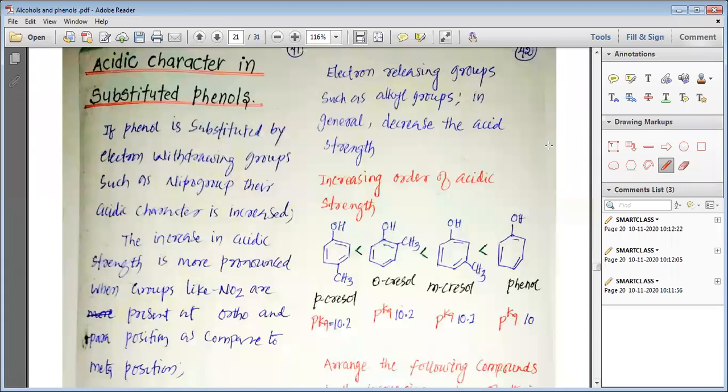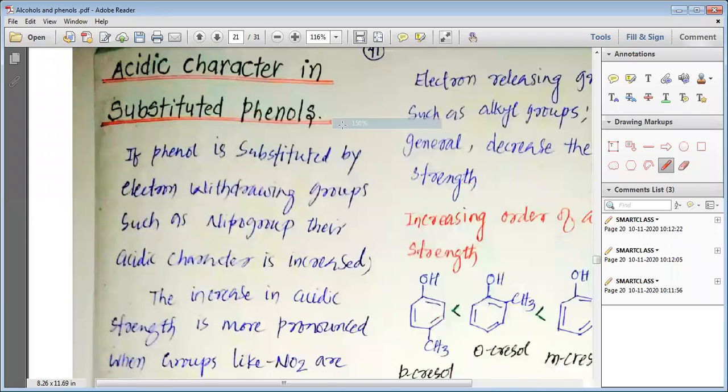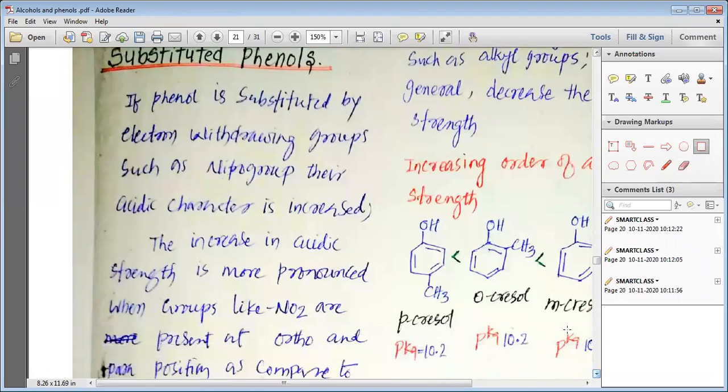Now, my dear students, we want to study the acidic character in substituted phenols. Yesterday, we started studying this and we ended with the same topic. So, let us study this topic in detail. Acidic character in substituted phenols. That means phenols which have some other groups, and we are going to discuss their acidic character. So now, first thing is, please remember, if phenol